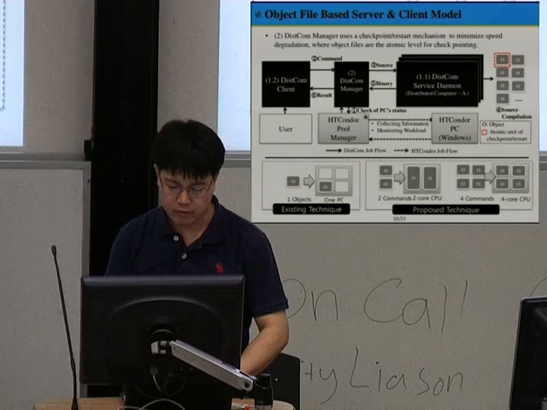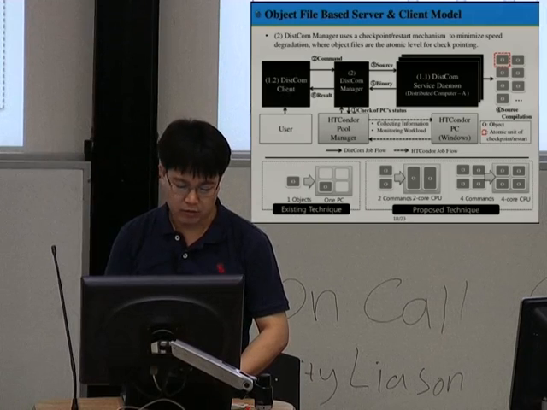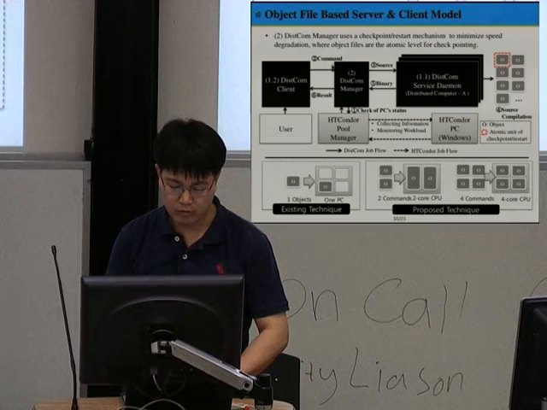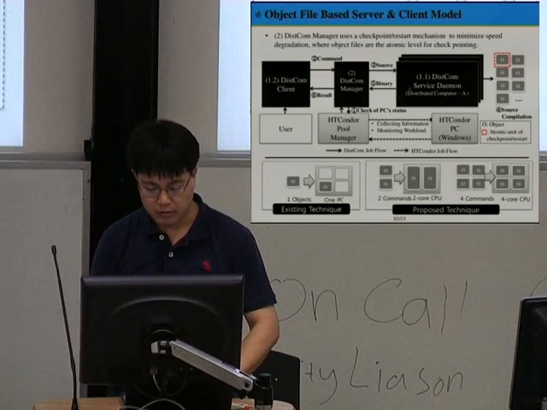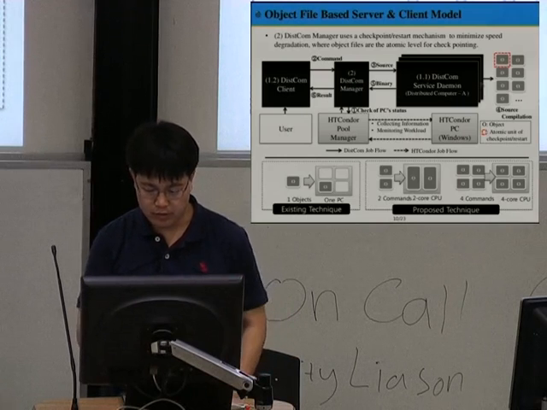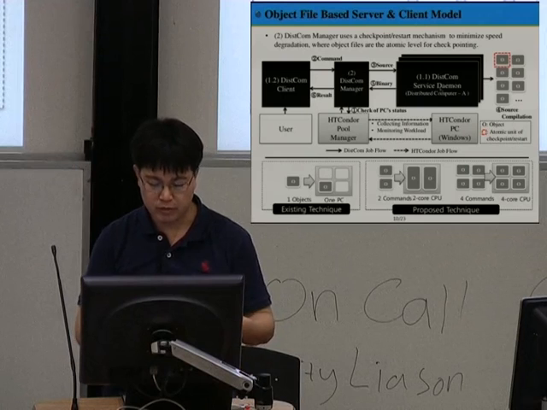So, at first, we checked the remote PC status using HTCondor, and then the user's client sent the command to compile the massive software code to the remote resource manager. The remote resource manager distributed the software code to the remote distributed computers, and then the remote service daemon based on Distcc tries to compile or build the software code. So at this time,